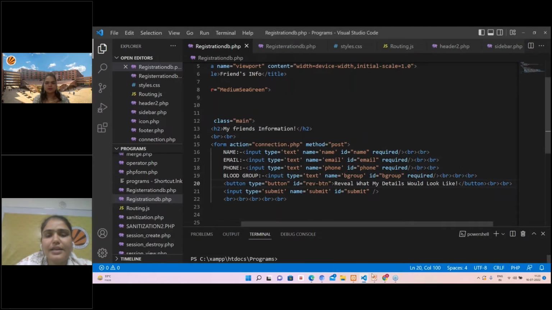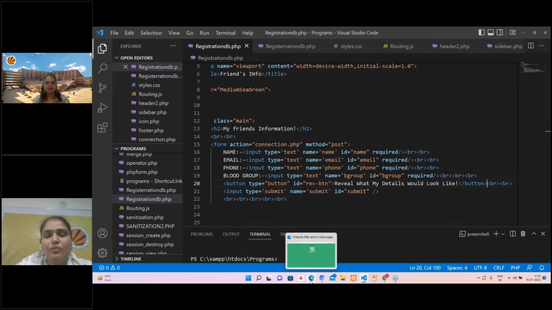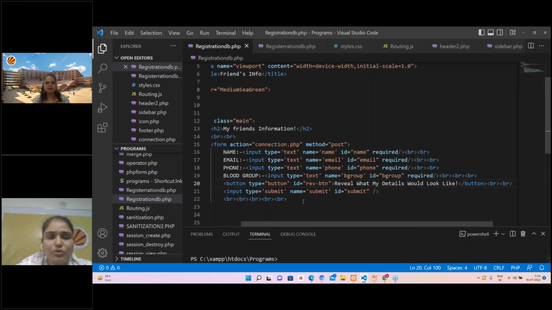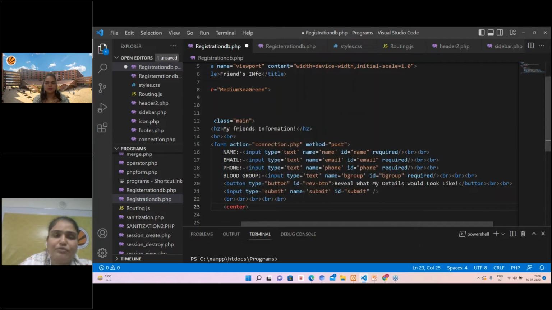Now the next thing is, whatever I am going to put over here in name, email, phone, blood group, before submitting it, I want to check all the information. So for that, I'm going to write a code with again the center tag, as I want that information also in the center of my web page. For that, I will be using again